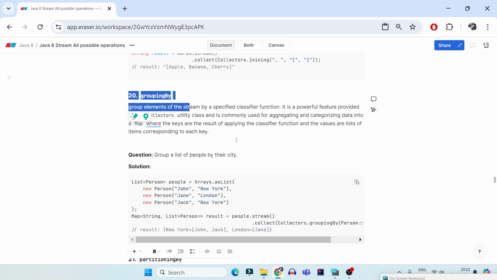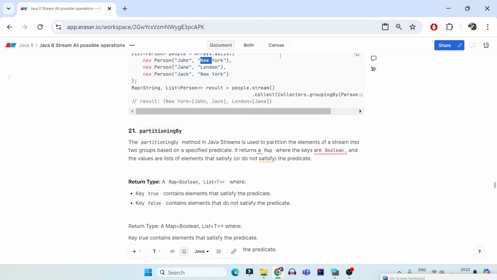A real-time example can be that you have multiple orders coming into your website. You want to group them by the city they are ordering from and you have to deliver to. So you can always group your orders by the city, and then you can deliver all the orders to one city at once. You can dispatch them at once.